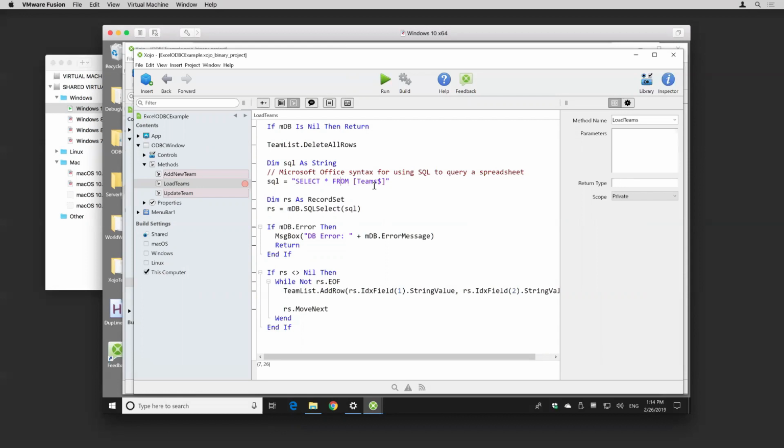Many, many years ago when I was doing consulting, I actually had a client that wanted me to connect to a database running on an IBM mainframe server. And I was a little nervous, didn't think that might work, but it turned out there was an ODBC driver that IBM had available for that. Worked great with Xojo. And I was able to do the project. So speaking of something that isn't supported by Xojo,